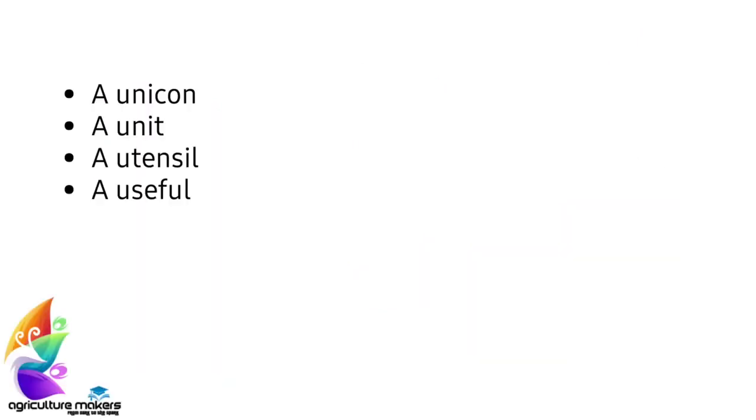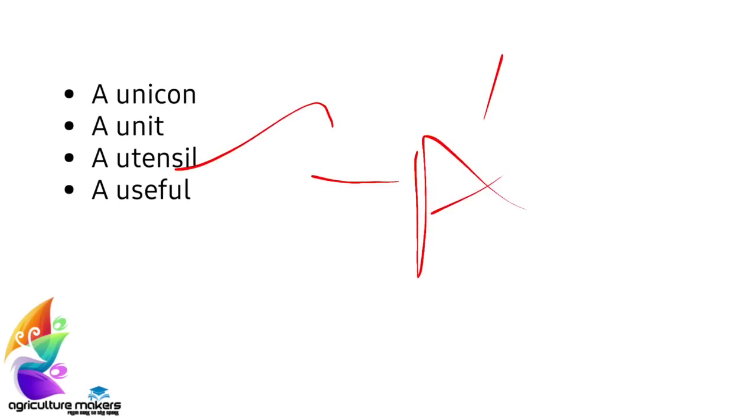a unit. And also before utensil, we have to use a, and before useful, we have to use a, and these are the most important exceptions we have to keep in mind. These are very much important in answering error spotting type of questions, and also they are useful in cloze test also. So you have to keep in mind this. And next,